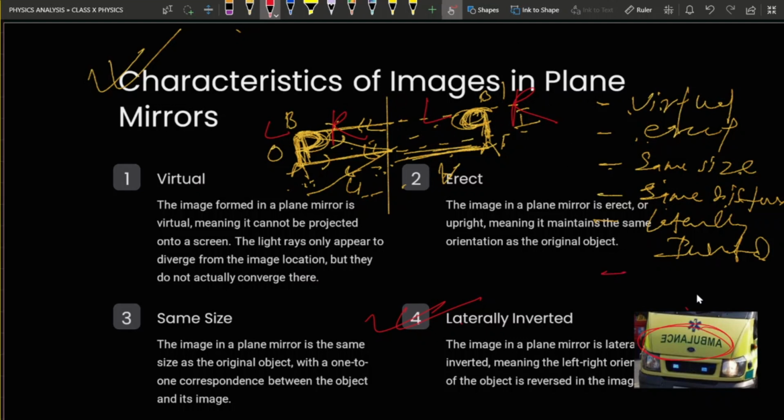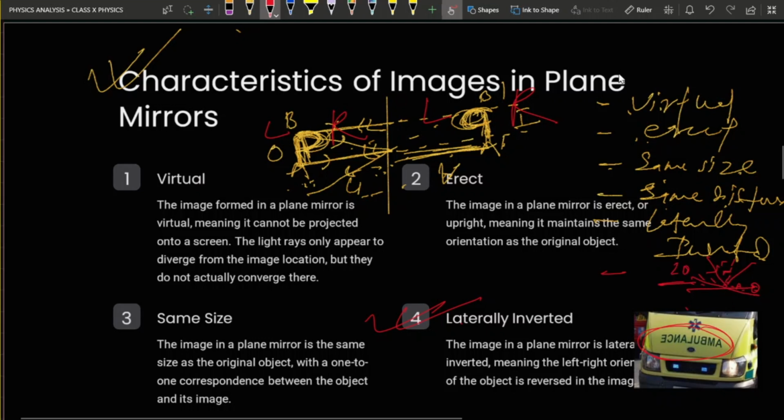The mirror is rotated by theta angle to the incident ray. Suppose this is the incident ray, and one mirror is rotated by an angle theta. If we rotate the mirror by theta angle, then the reflected ray rotates by 2 theta. For this ray, if I draw the normal, and the mirror is rotated by theta angle, then this normal will also be rotated by theta angle. So following the laws of reflection you can calculate here, this angle minus this angle, you will get